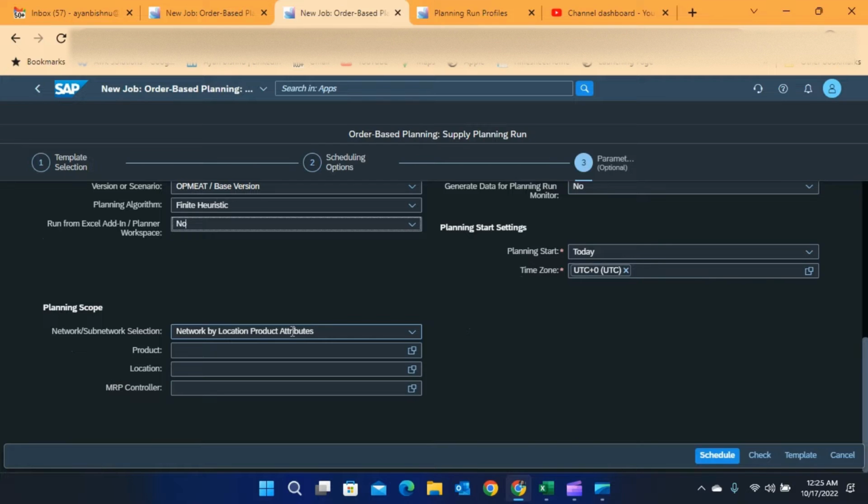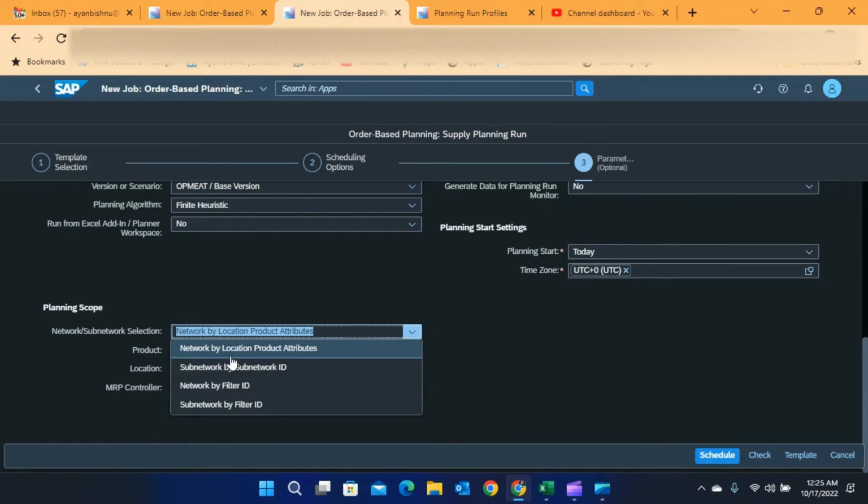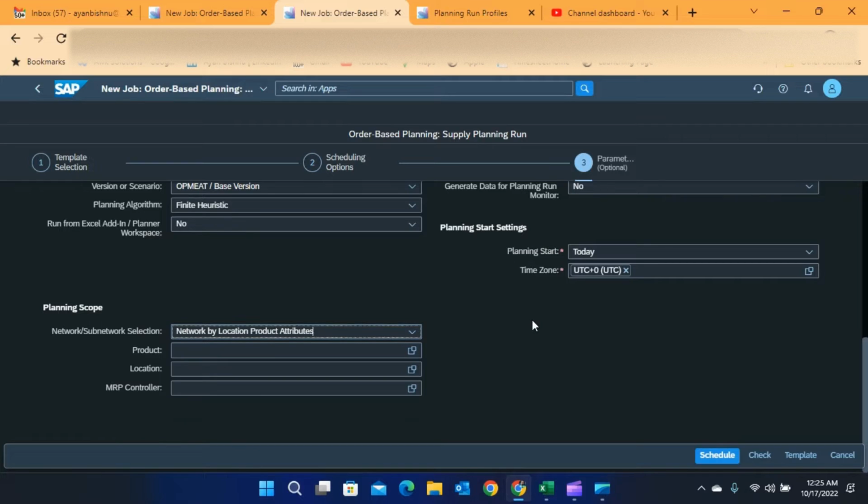Here we have multiple options. Either we can run by subnetworks, by subnetwork ID, or even by location product, the attribute that is most frequently used in APO.